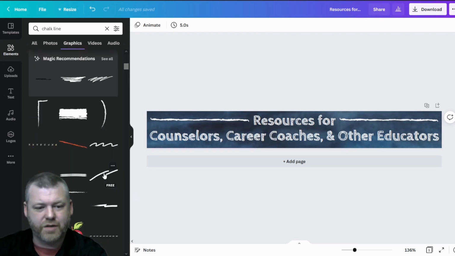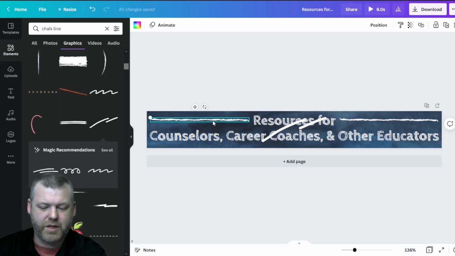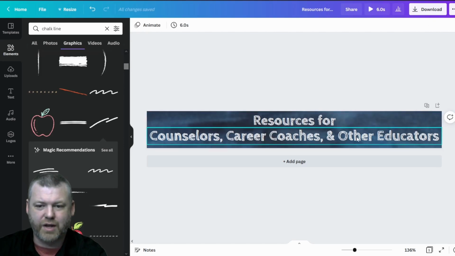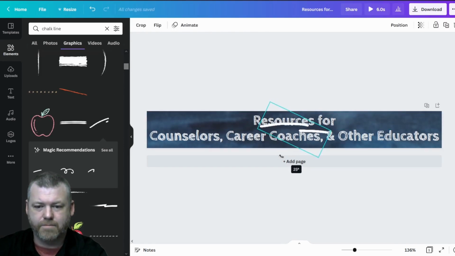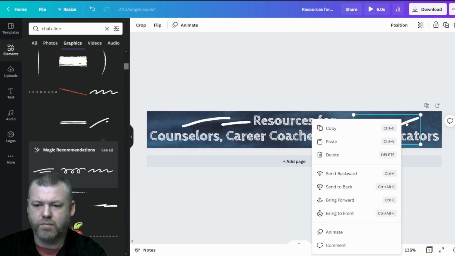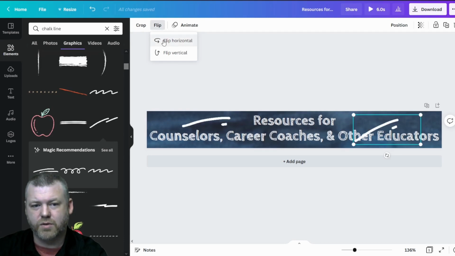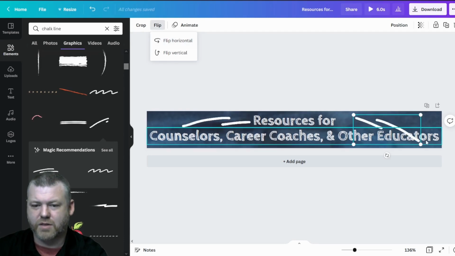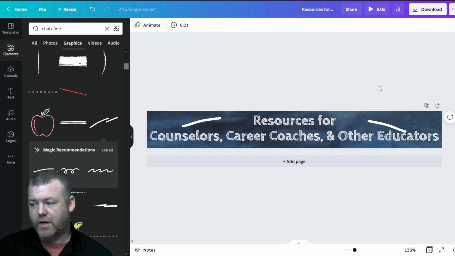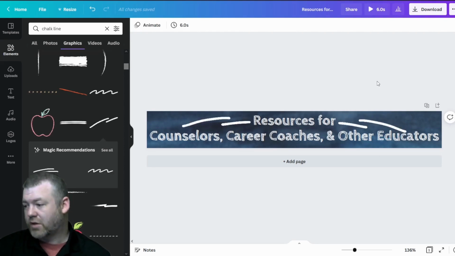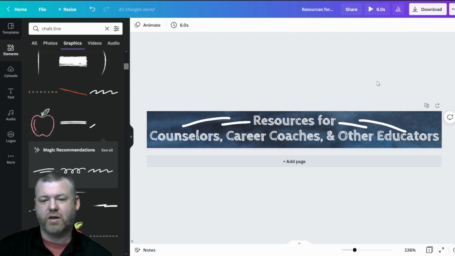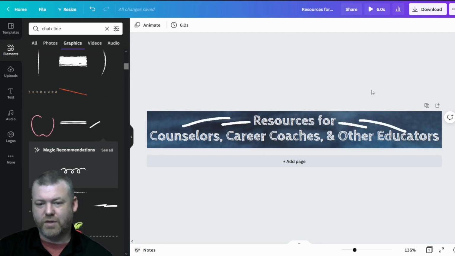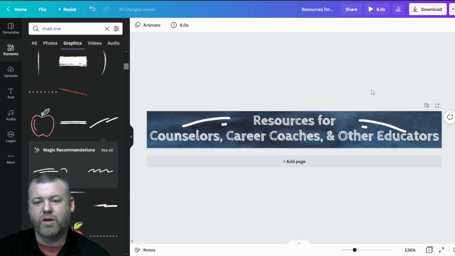And I think what we're going to do, instead of trying to be too fancy, is just grab some of these quick moving lines and replace these lines over here on the side that kind of framed the resources words. Turn them so that they're somewhat horizontal. We're going to use the flip tool so that these will be mirrored on the opposite side. Okay, and for an extra, what was that, maybe 5 minutes of time, which you saw in fast forward, then we've got an animated version of that same little banner